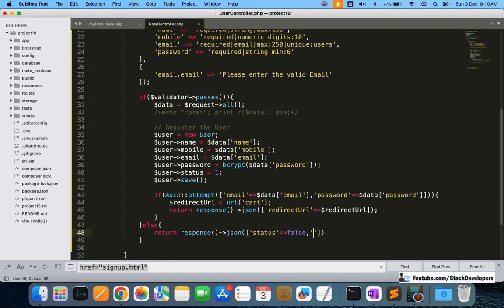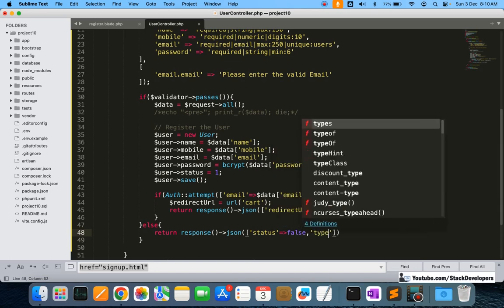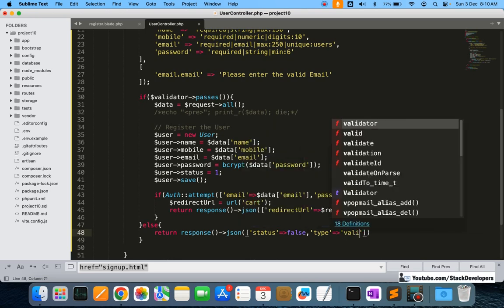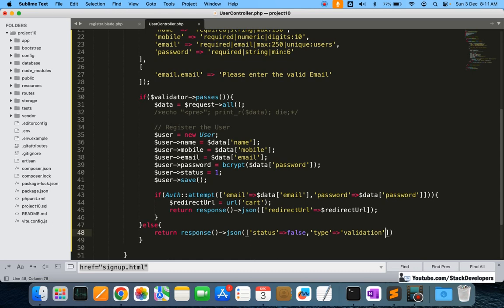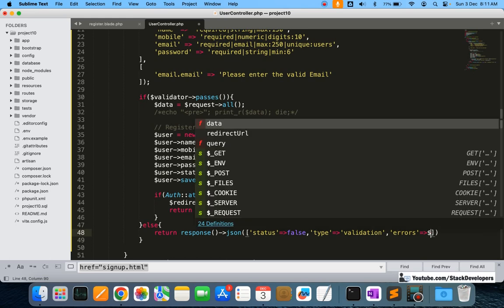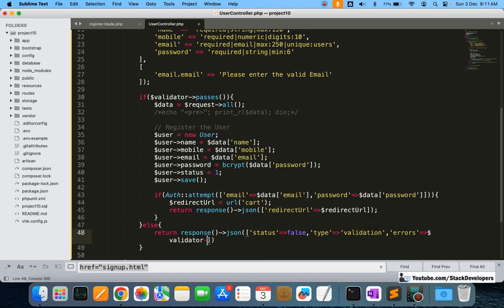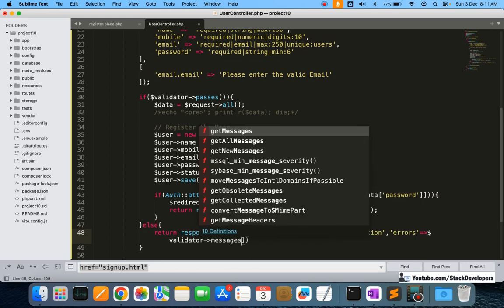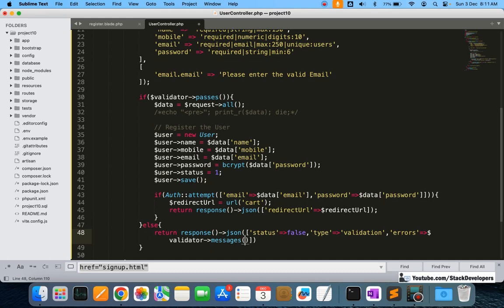Okay, and type we will give as validation, and here the last one is the errors that we will get from the validator class, the messages, whatever messages, default messages as well as the custom messages. Okay, and okay, so now,